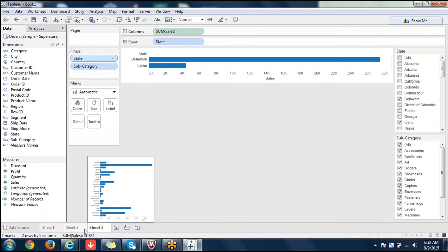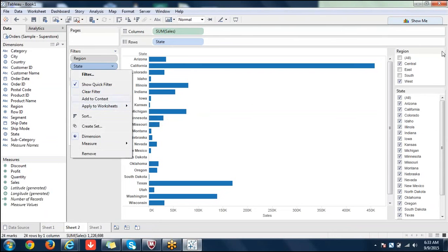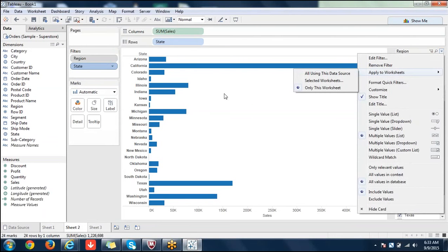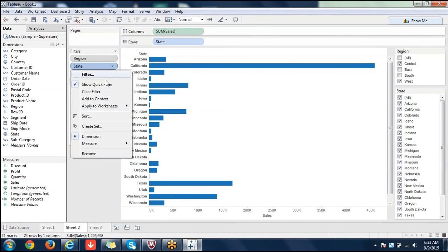One more thing. There is something called a global filter in Tableau. Wherever you see this, apply to worksheets is there. Not only here, we have seen it here also. So apply to worksheets is here also. Both are the same, no difference at all. You can select any worksheet. What this means is you select any worksheet here, and the filter will automatically apply to the worksheets which you developed.